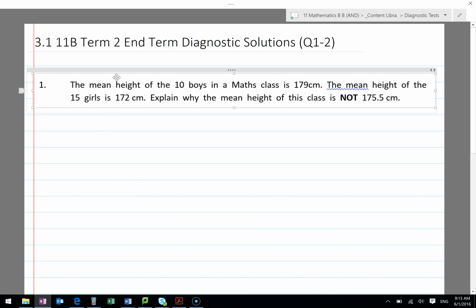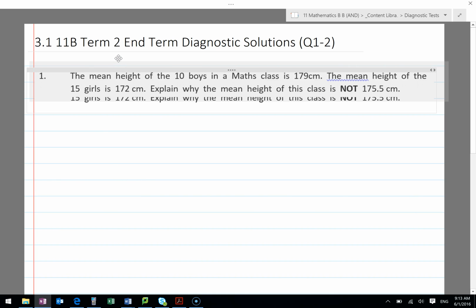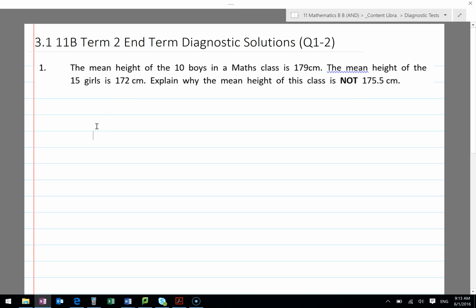These are solutions for the diagnostic test Endterm. Question 1. The mean height of 10 boys in a maths class is 179. The mean height of 15 girls is 172. Explain why it's not